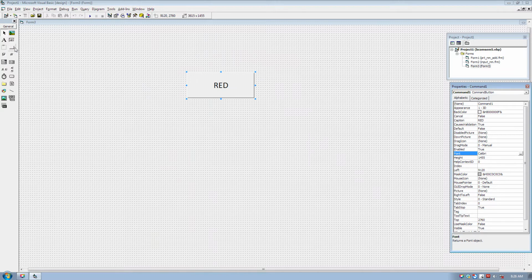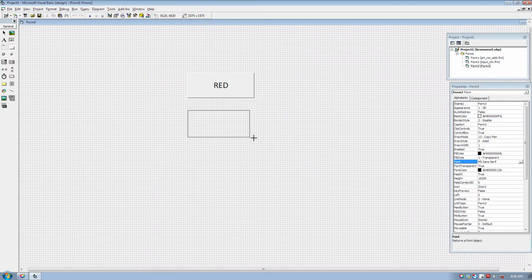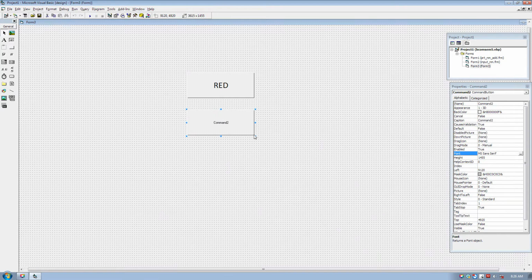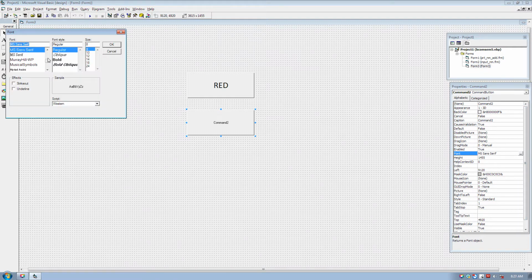Now I shall take one more command button, same size. Here also I shall change the font to Calibri 24.